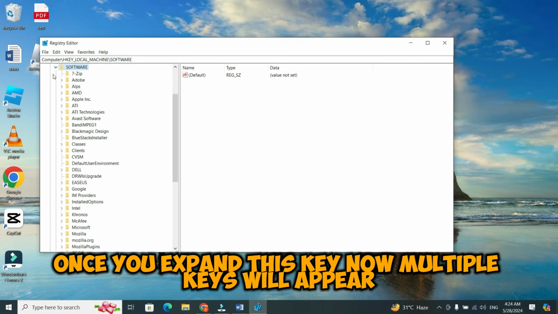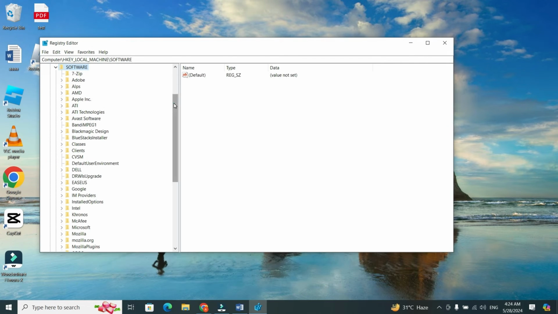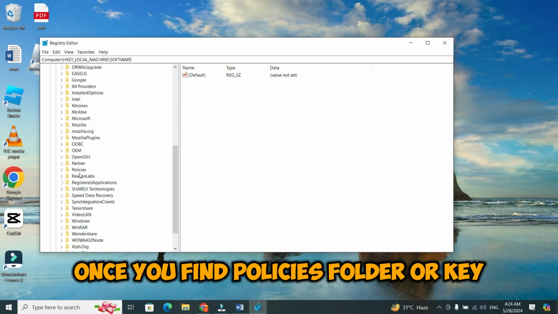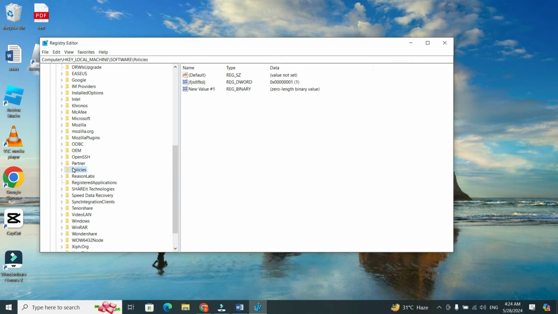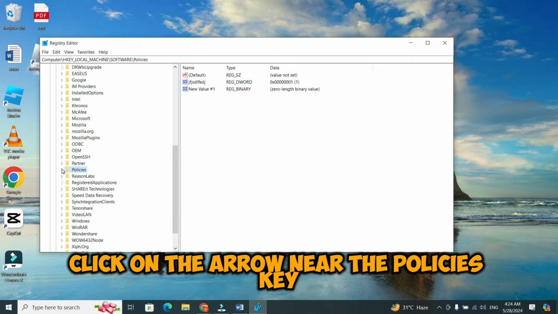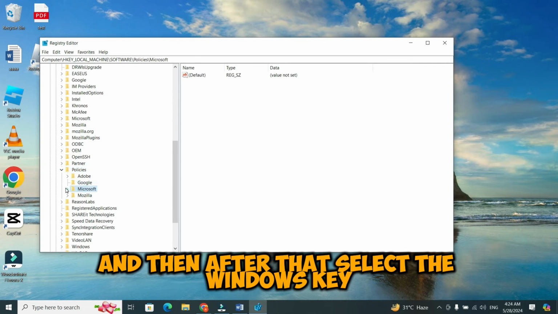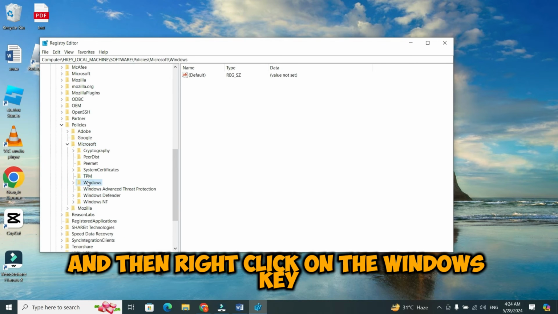Once you expand this key, now multiple keys will appear. Now, scroll down and find the Policies key. Once you find the Policies folder or key, click on the arrow near the Policies key to expand this. Now, after that, expand the Microsoft folder or key, and then select the Windows key, and then right-click